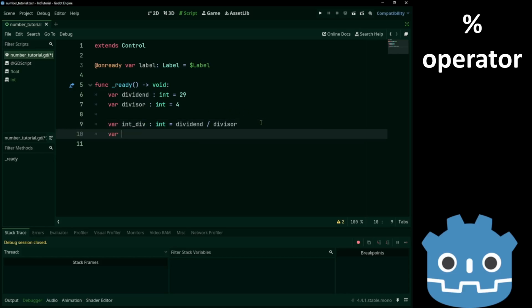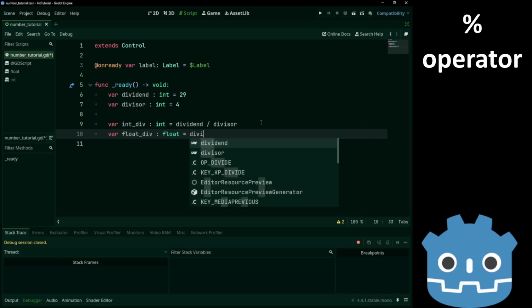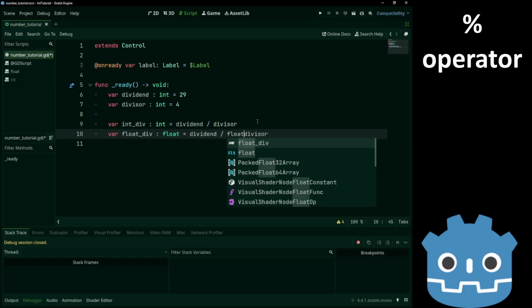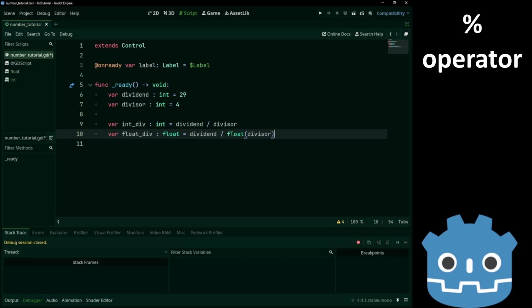Let's get the float division. Since both of these are integers, we'll turn one of them into a float using a float constructor.